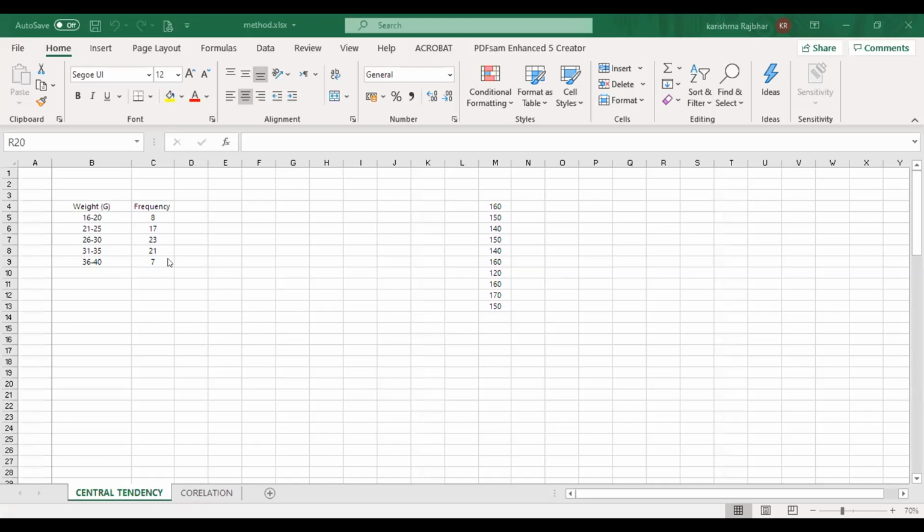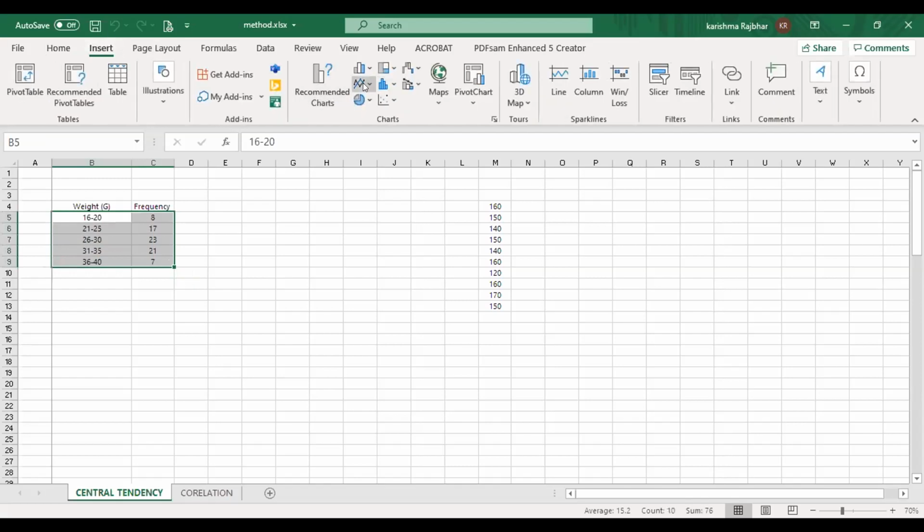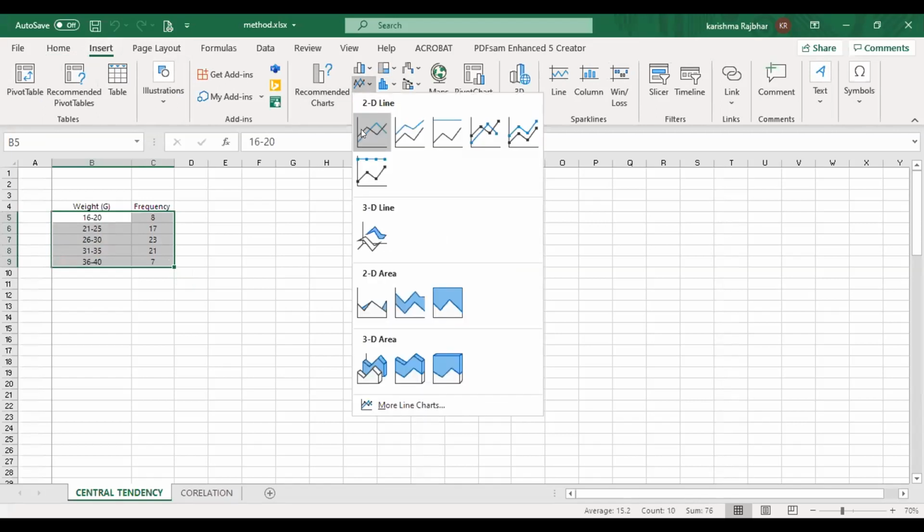This data is from your assignment only, so I am using the same data. This is the weight of your tomato and this was the frequency. I have selected some of the data. So for plotting this bell-shaped graph, I have to select the data, go to insert and select a line graph. Okay, so I am taking a line graph selection.